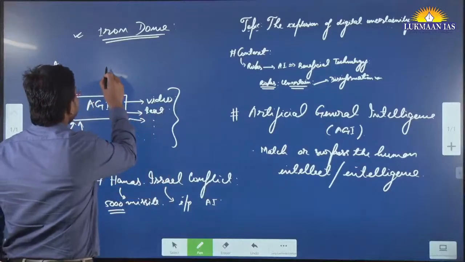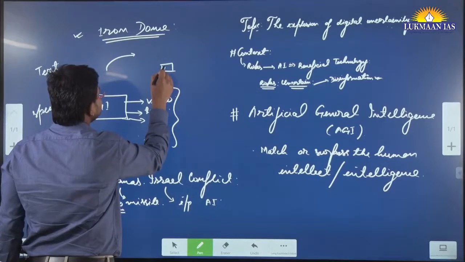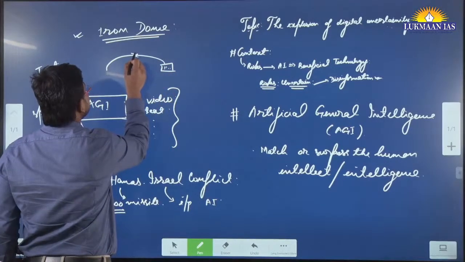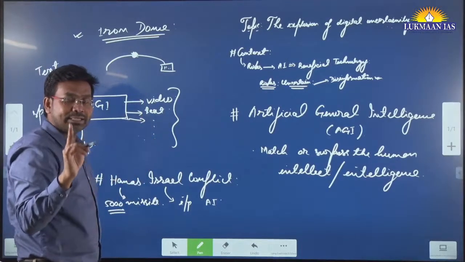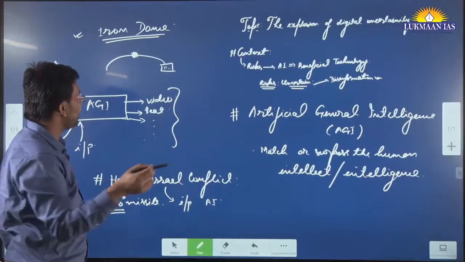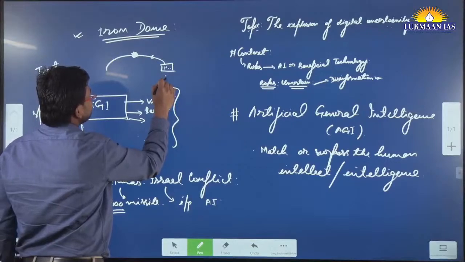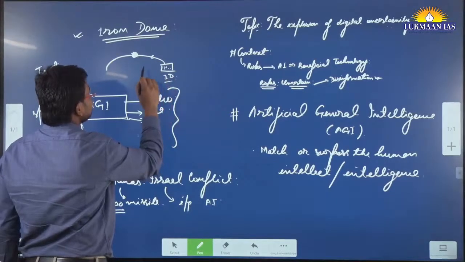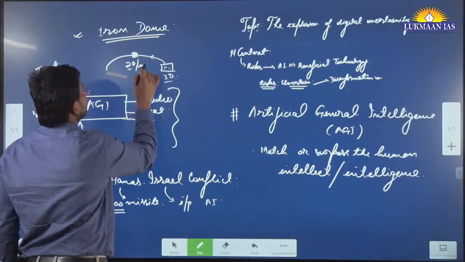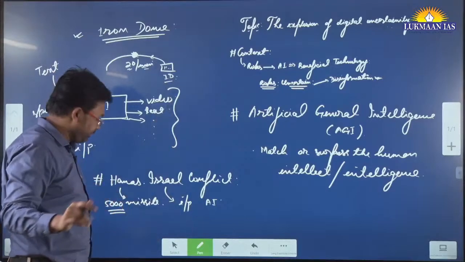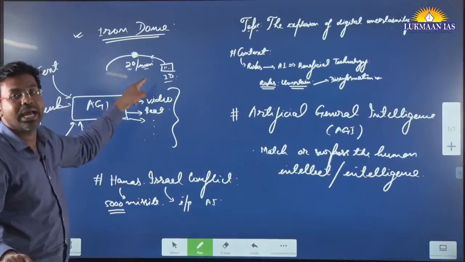When a missile is targeted on Israel, the Iron Dome technology is able to intercept the missile, identify at what speed it is coming and where it is coming from, how to destroy it, and it is actually able to destroy it in the air. This technology is known as Iron Dome. Using it, they can take down about 20 missiles per minute. But the Hamas people have launched about 5,000 missiles within half an hour.